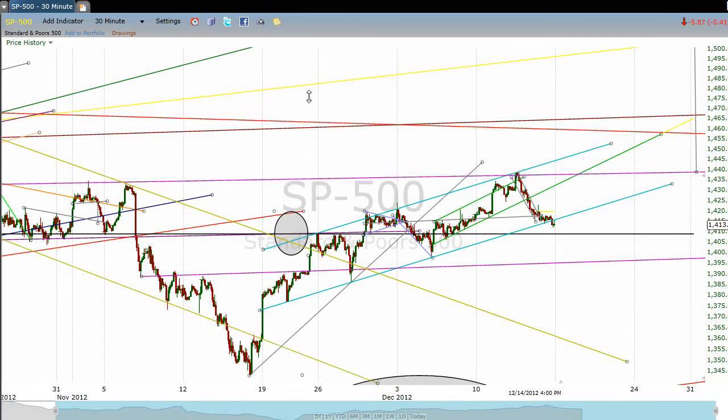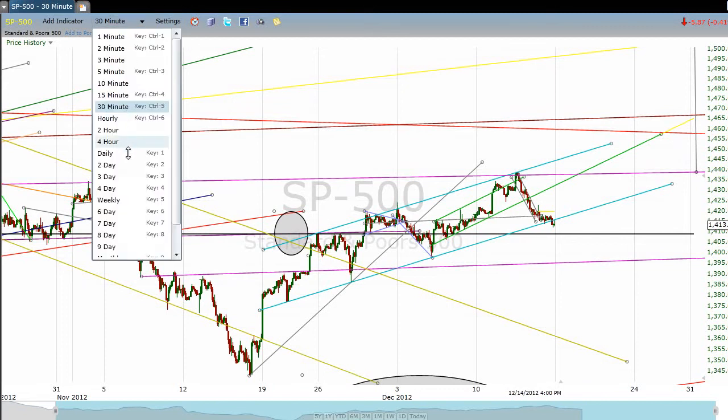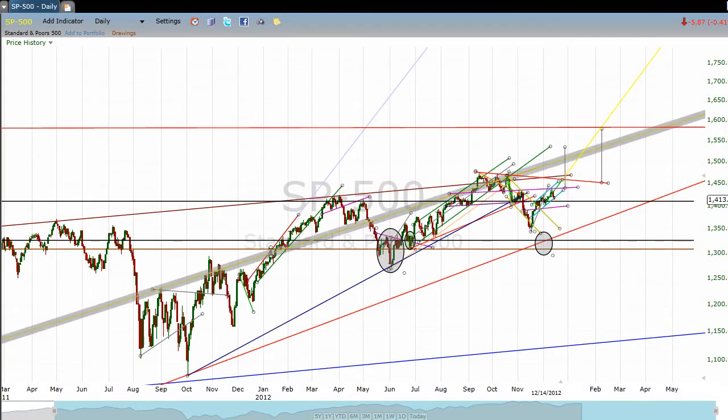Now I've got to be fair and let you know that there's also a bearish possibility, and that is we're making a really big head and shoulders top. And if this rally were to fail to get over the neckline, and if it was to fail to get up to this level here, then we would possibly be looking at a rather large head and shoulders that has spanned many months, with this being the left shoulder, this being the head, and then another right shoulder.